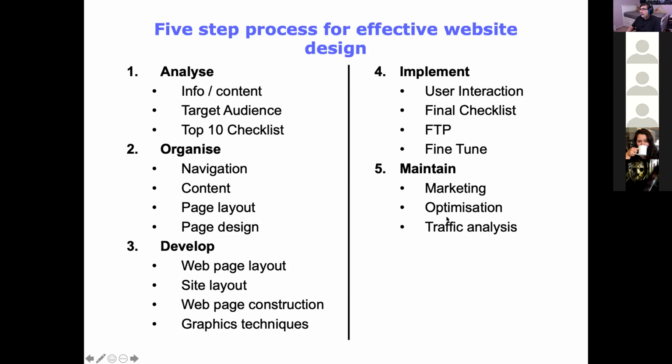Optimization. So over here, it is more like marketing optimization, your SEO, search engine optimization. SEO is, for example, Google or Yahoo. These are search engines. So when people are looking for something, they put in a keyword and a number of websites come up. So how do you optimize your work? That is another thing which is involved in your web